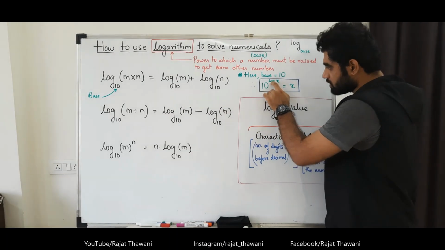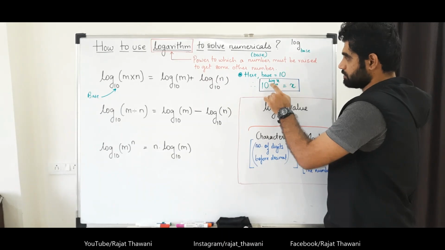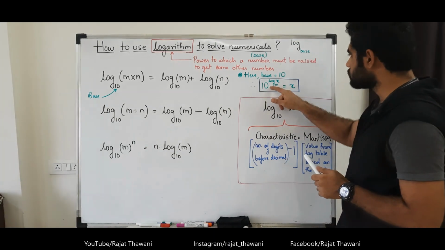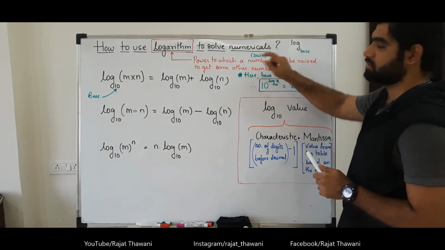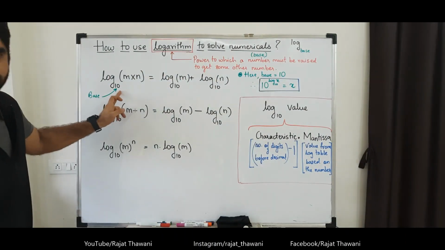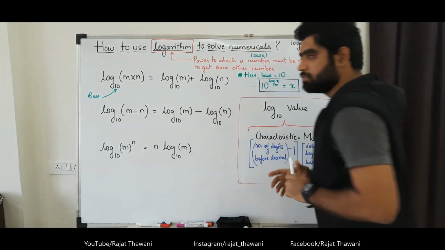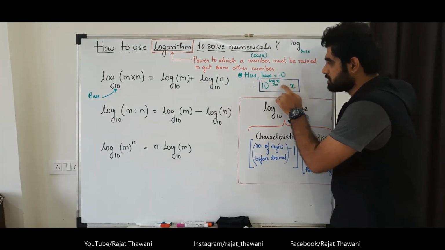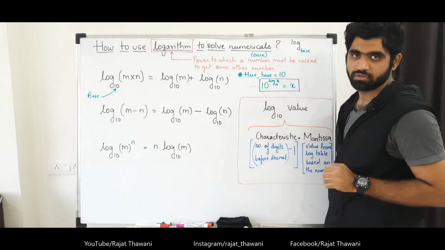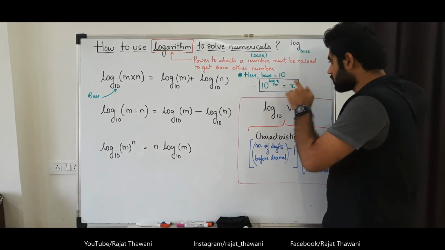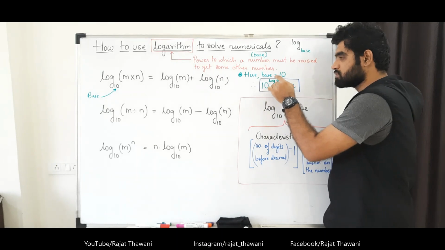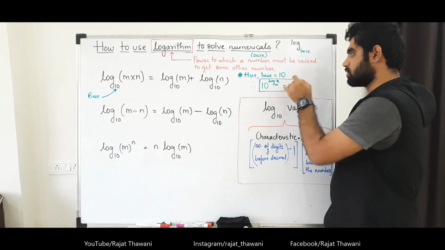I say power. You can see this power to which a number must be raised to get a particular number. Here I have used the base as 10. You can see log base 10. It means, for getting this number, what should I raise 10 to? That will be the logarithm of this number. Try to understand: for getting this number, I need to raise 10 to some specific value. That is the logarithm.